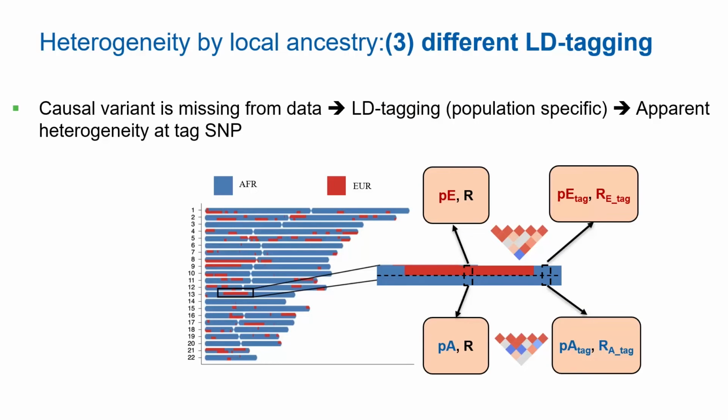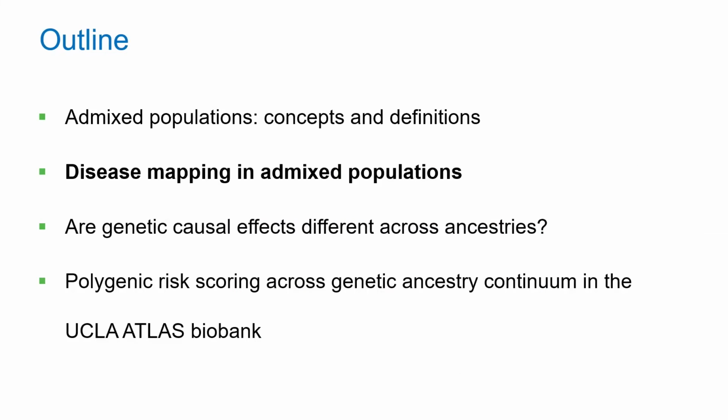And finally, which kind of encompasses a lot of the challenges here, we often don't know the causals, and we're looking at something that is tagging the causal, and therefore we have this taggability issue, and tagging varies, or is ancestry specific. So every potential causal allele gets tagged differentially, whether it's on, let's say, a European versus African background. So every time we think about heterogeneity, we need to think about at least these 3 sources, which I'll try to unpack a little bit more.